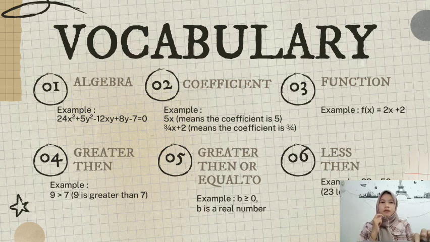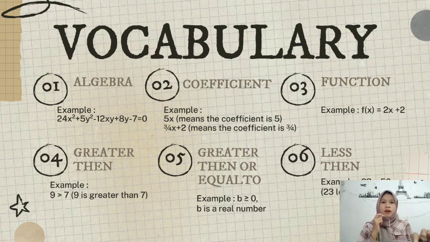Fifth, greater than or equal to. Meaning in Indonesian is lebih dari atau sama dengan. More than for a number in an interval means that the number is included in the interval. Usually on the number line it is marked with a full circle on a number. Example,